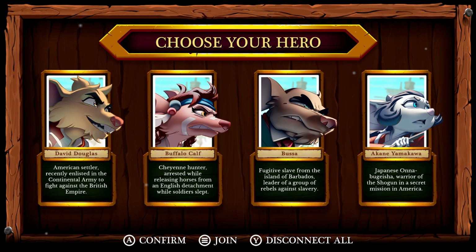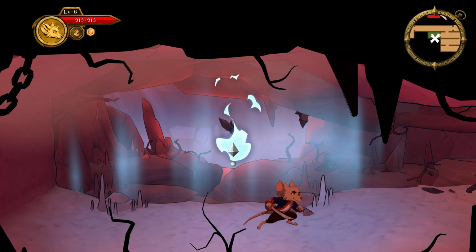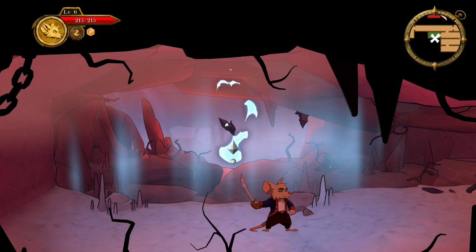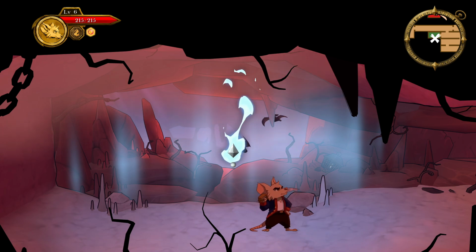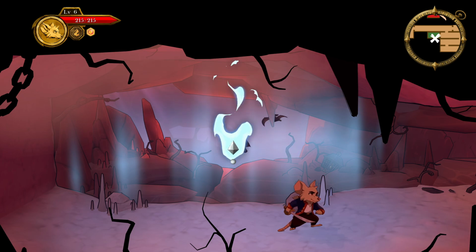I can disconnect us all and then join back in. I'm just playing this by myself, of course. I've been playing as David. This is the character I've been playing as. I'm level 6 right now. You get just experience from killing things. You also get coins as a drop and also